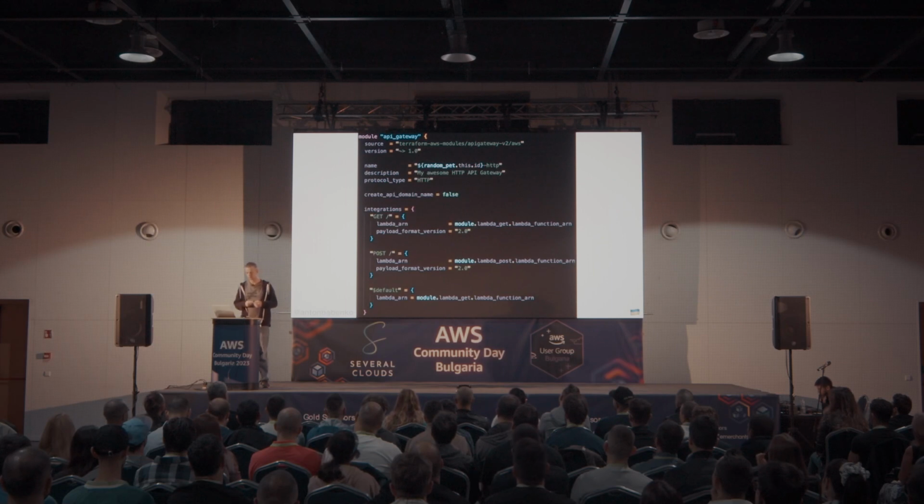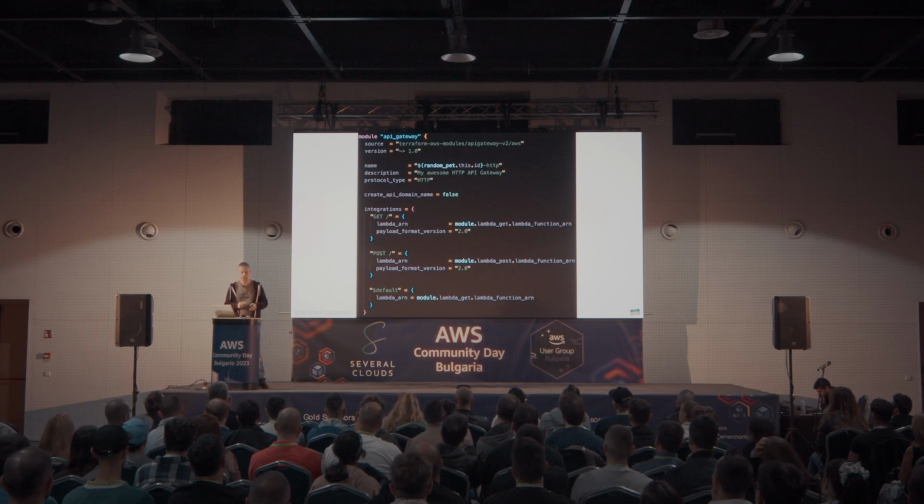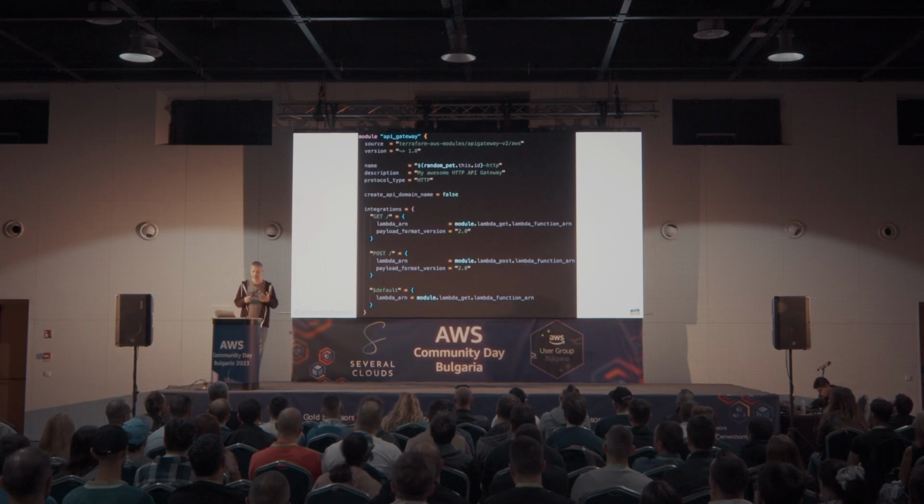And if I look into another example here, which is an API gateway, I'm calling another module to make an API gateway, and I specify different types of integrations which have to happen here. So if there is a GET request, then I send a request to one function. If it's a POST request, then I send it to another function. This is a simple example. But you can imagine that